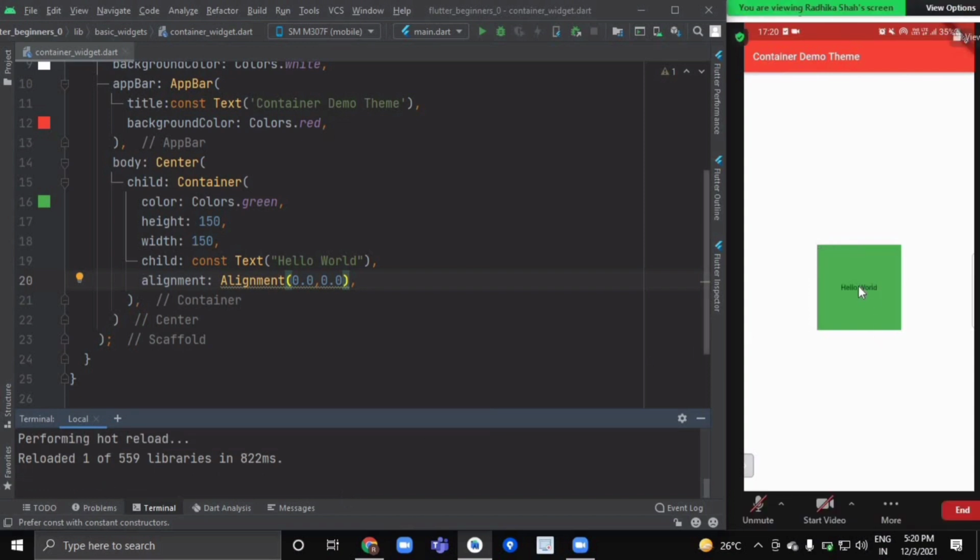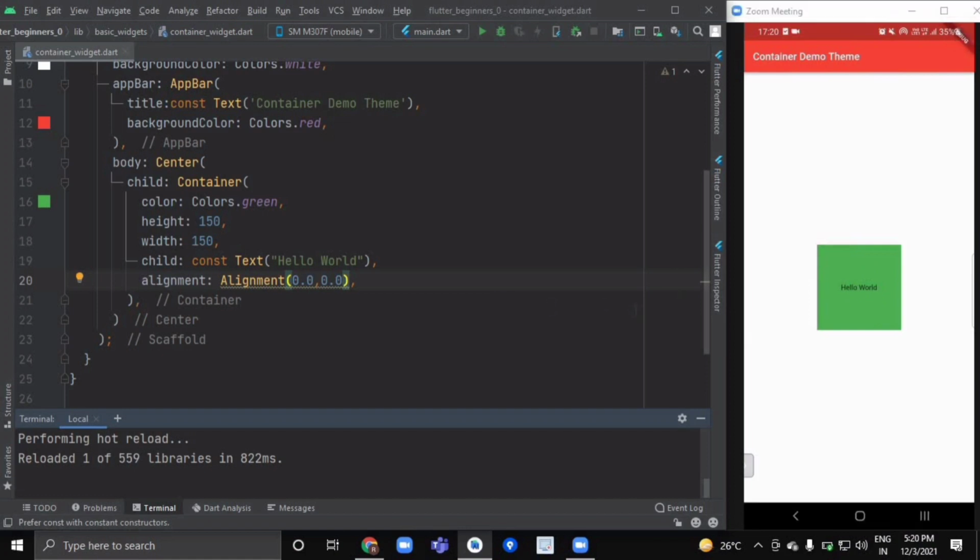As you can see, now our Hello World is in the center of our container. Always remember that the alignment for the x-axis ranges from -1 to +1, and similarly the y-axis also contains a range of coordinates between -1 and +1.